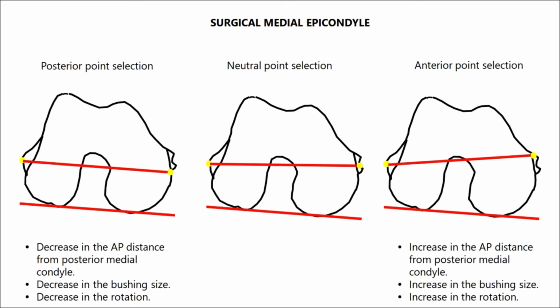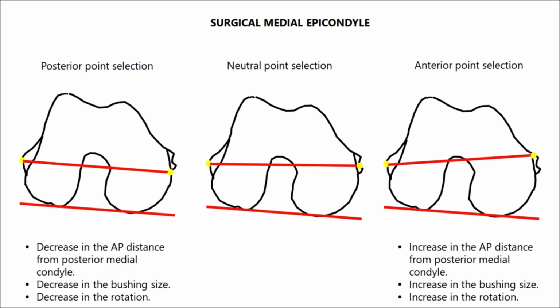Conversely, if it is taken more posteriorly, it will lead to a decrease in the antero-posterior distance from the posteriormost point of the medial condyle, representing the posterior condylar axis. This will decrease the rotation required for the posterior condylar axis to match the transepicondylar axis. This will decrease the difference of the cuts between the posterior medial and the posterior lateral cuts, leading to a